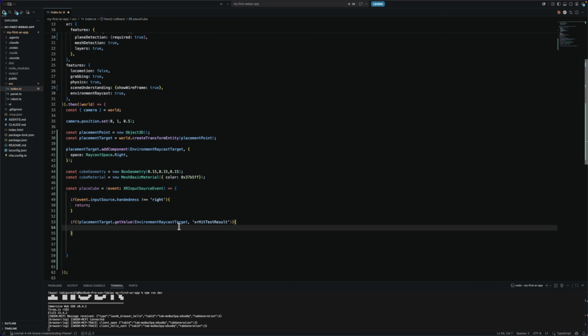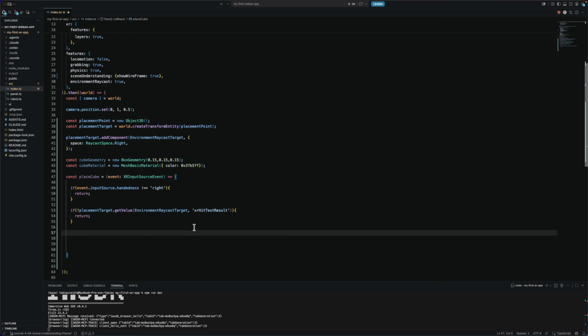So what we are doing here is we go into the component of the placement target, we get the value from the environmental raycast target, the XR hit test result, and if that is not undefined, that means that the raycast coming from the controller or the hand has hit some kind of AR or XR surface. So if that is undefined, we will return. But if it's not undefined, that means that we are hitting some kind of surface, which means that we can